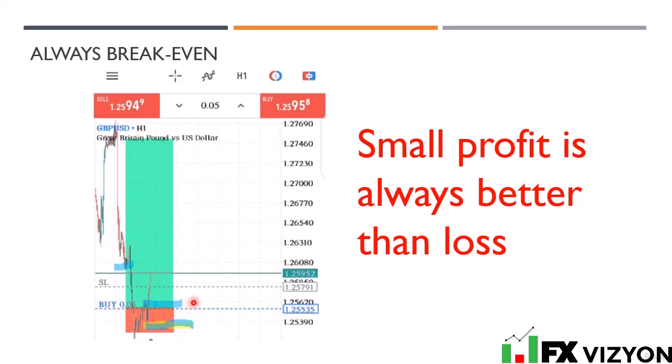So setting your stop loss, the very first thing you should do before taking a trade is to know where you're going to put your stop loss. The second thing to do is, as you're taking the trade, you should be placing a stop loss. If you don't place a stop loss immediately, once you hear the sound of the trade being executed, you should put a stop loss in place, because anything can happen from the moment you place your trade. Then the third thing you should do is to watch the trade.